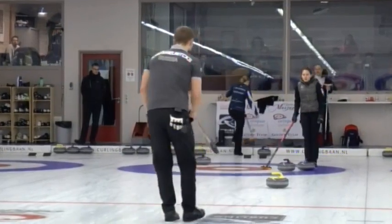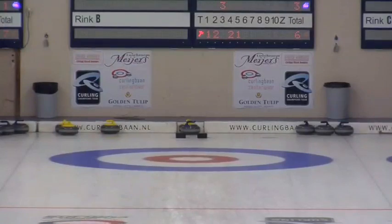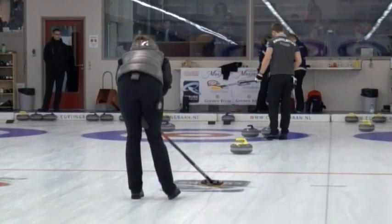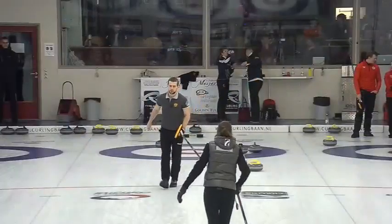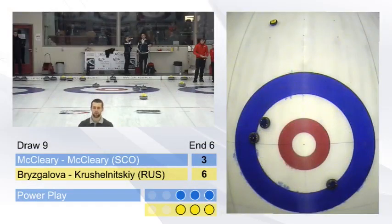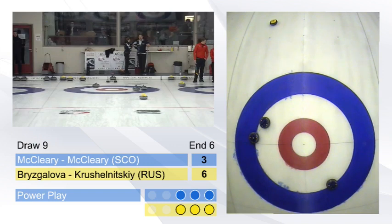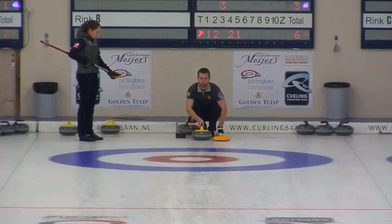Separating up those stones a little decreases the opportunity for Russia to move them all at the same time, so they will make the effort to do so. They'll be looking at making a double. Just look at the angles in the triple. They'll be wanting to remove as many of these blue ones as they possibly can, and keep the shooter if they can. Making the double is the priority. Making the triple would be nice, but